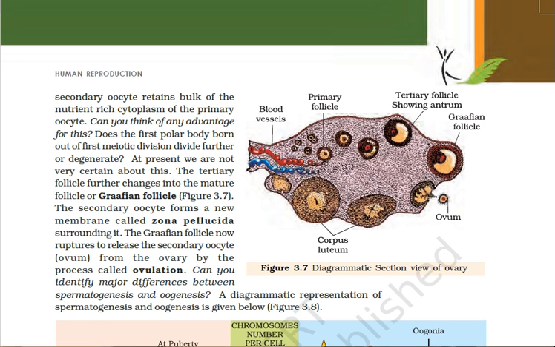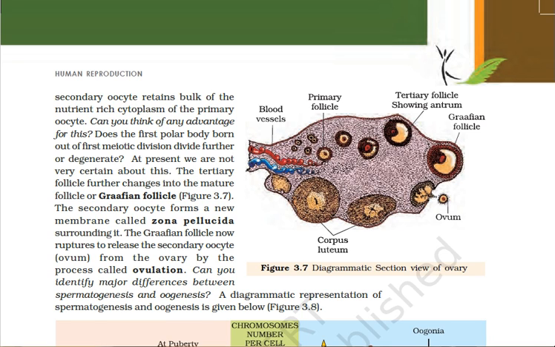The differentiated isolated oogonium increases in its size by taking nourishment from the surrounding follicle cells and gets transformed into a diploid cell called primary oocyte. This primary oocyte contains large number of mitochondria, endoplasmic reticulum and Golgi apparatus, as well as it is surrounded by a thin membrane called vitelline membrane,